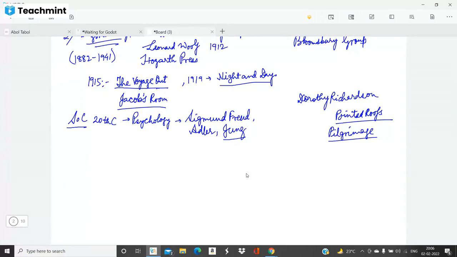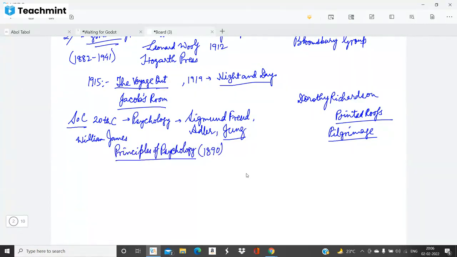And basically, what happened was that the 20th century novelists were focusing on developing a human mind more than developing a plot. And William James, in his book Principles of Psychology, in this book, William James says, and I'm quoting him,